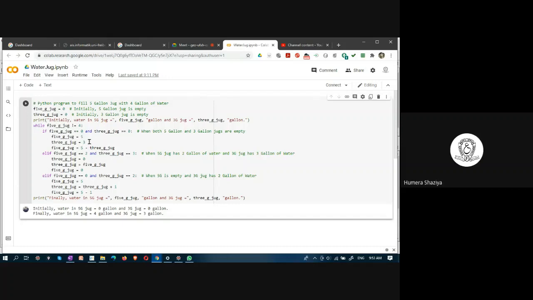Then you are filling 5 and 3. Else if 2 and 3, then you are doing 0 and whatever is there in the 5 gallon jug you are copying in this. Then the 5 gallon jug to be 0. All right. Else if... This is known as a rule-based system.